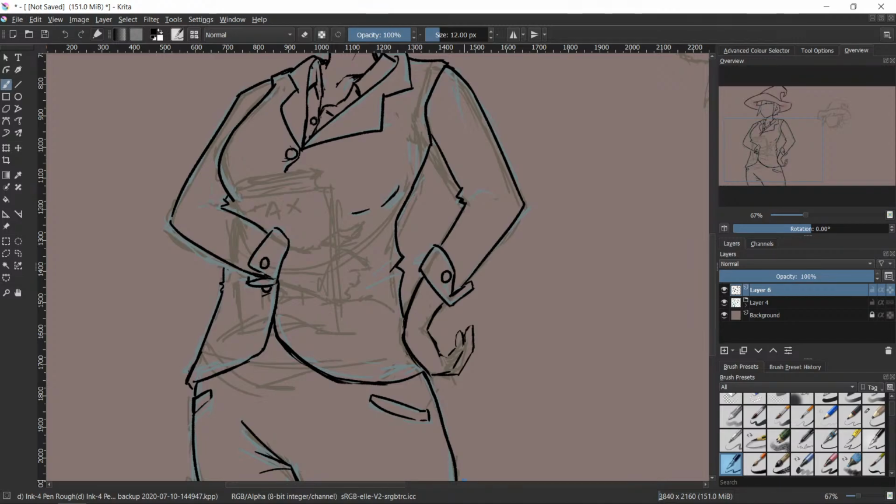So I've got this hand model. It's the opposite hand, but it's fine. So it would be kind of like